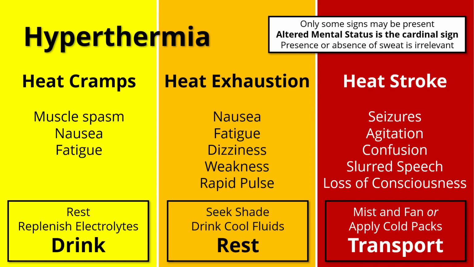Next, we have heat exhaustion. This is a mild to moderate illness with inability to sustain cardiac output. Basically, through a process of significant sweating, increased body temperature, and dehydration, this person becomes slightly hypovolemic. Because of this, they'll experience a variety of symptoms: nausea, fatigue, dizziness, especially when standing up, general weakness, and a rapid pulse that comes from compensatory mechanisms. Someone with heat exhaustion may or may not lose consciousness, they may or may not collapse, but when we take their core temperature, it is less than